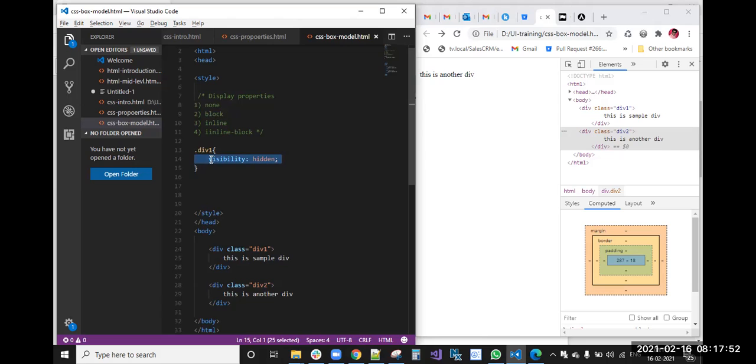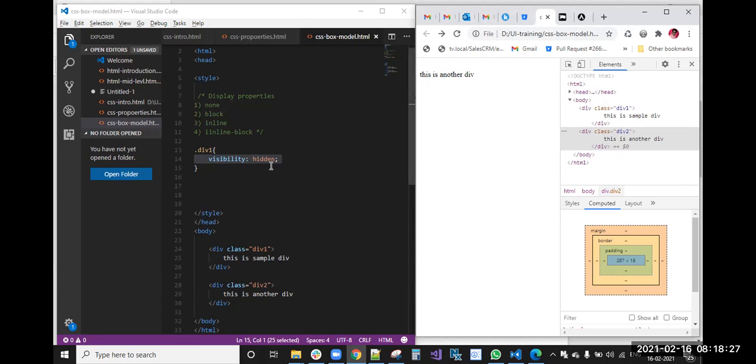And if you are applying visibility hidden, the element is still in the memory, right? It will not be erased from that memory, but it will be hidden. Because of that, in the visibility hidden case, the second div does not occupy the first div position, because the element exists, but in a hidden state.